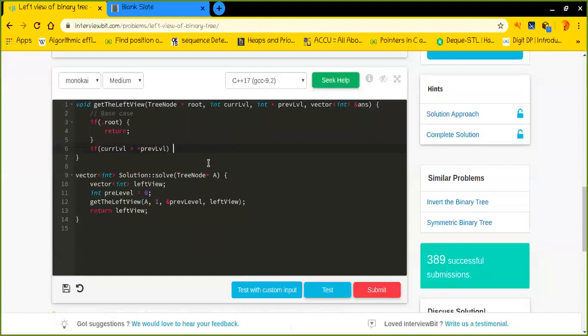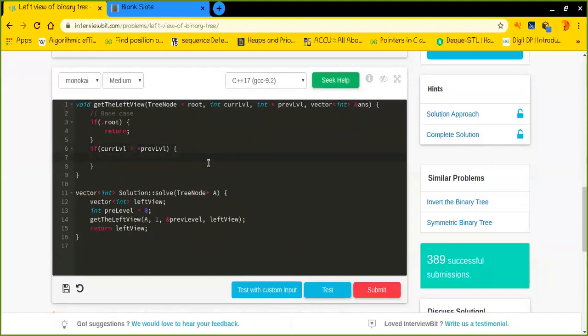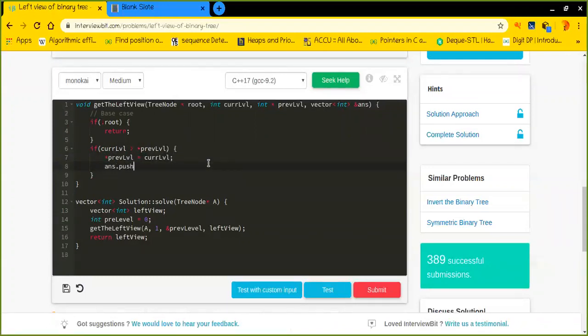Good. If the current level is greater than the previous one, as we have discussed, then first of all we will update the previous level with the current level, and we will push the particular element in our array or vector, whatever you take.